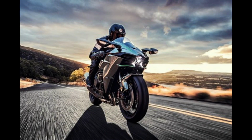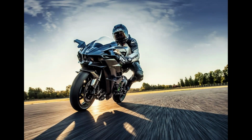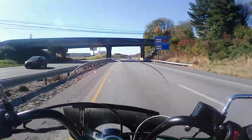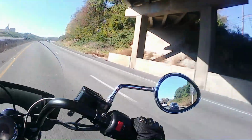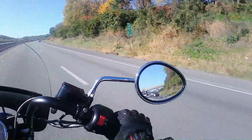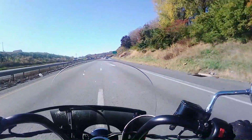So the regular Ninja H2 is an inline 4 supercharged 998cc, 32.5-inch seat height, 525 pounds, 4.5-gallon tank, starting at $31,500. This has a carbon option, starting at $35,000. 105 foot-pounds of torque on this one. So these are more of the professional racing bikes, I believe, based on the pricing and the fact that they're